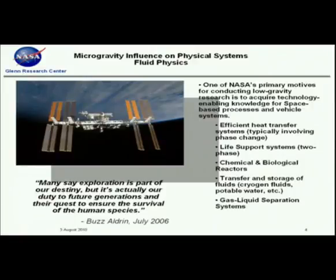Okay, so one of the primary reasons NASA conducts low gravity research is to develop technologies for both robotic and human missions. This isn't a complete list, but these are some of the areas that we research that are directly related to fluid physics. We're looking to develop efficient heat transfer systems, and these now are typically going to involve phase change, both freeze-thaw systems, phase change material heat exchangers, or boiling and condensation systems. We're also starting to look at life support systems that involve two-phase. Obviously, we have life support systems that function on ISS and on other spacecraft, but they're predominantly single-phase systems, and the first